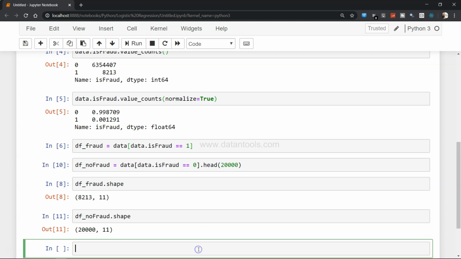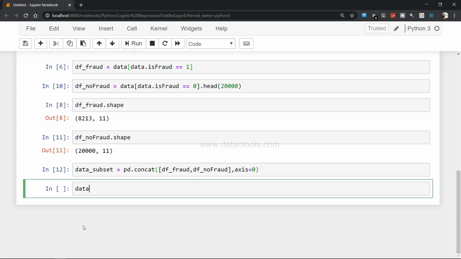So after that we are going to join these two data sets and it will result in somewhere around 28,213 rows. I will give it a name, data_subset, and say pd.concat, and we will say df_fraud, df_no_fraud, and we want to join by rows, so axis equals 0.